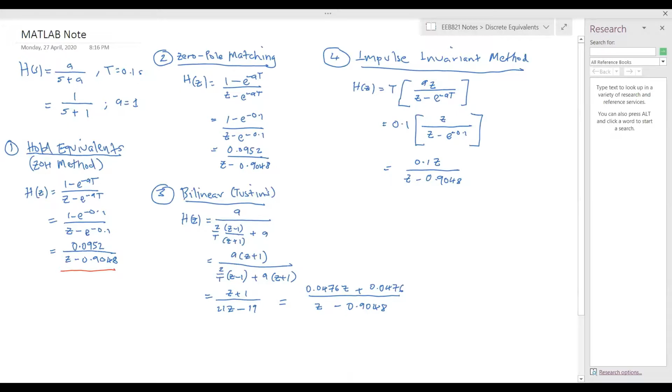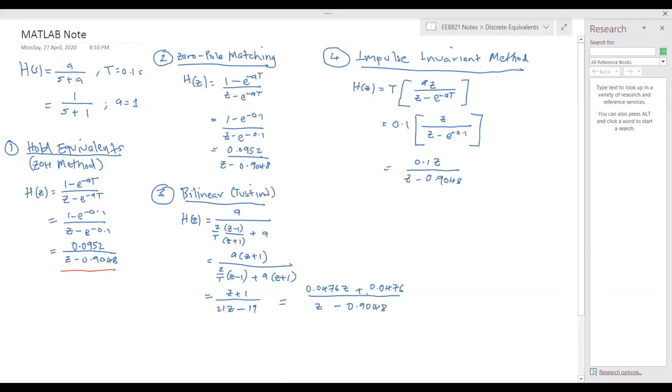So if we substitute I and T, we would get z plus 1 divided by 21z minus 19. And if we divide all the terms by 21, so that we just have z here in the denominator, we would get